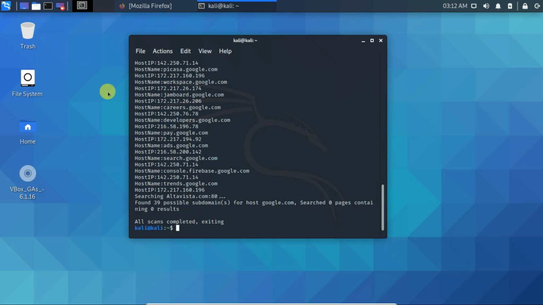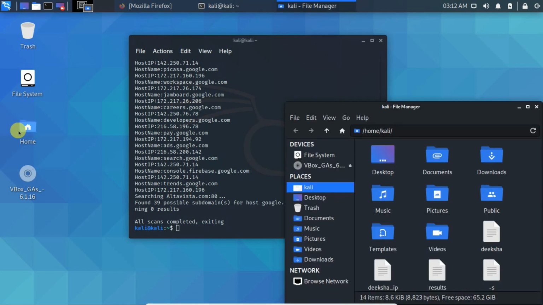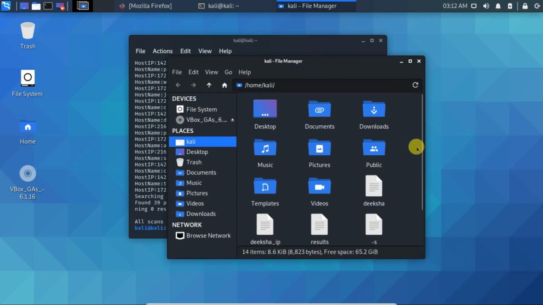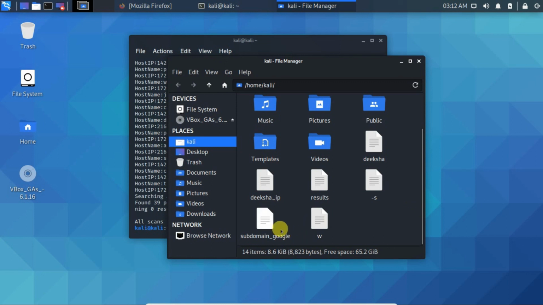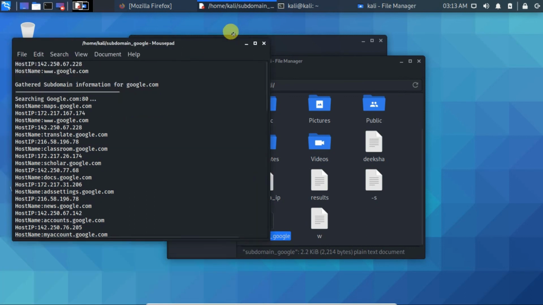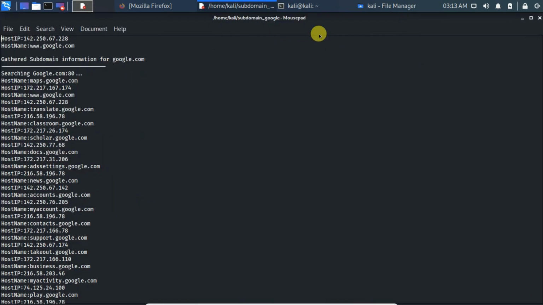Now all scans are completed, and go to your home, and here is our data which is saved digitally, whatever we found. Here it is. See, we have the host name, host IP address, and all the information regarding the subdomain.